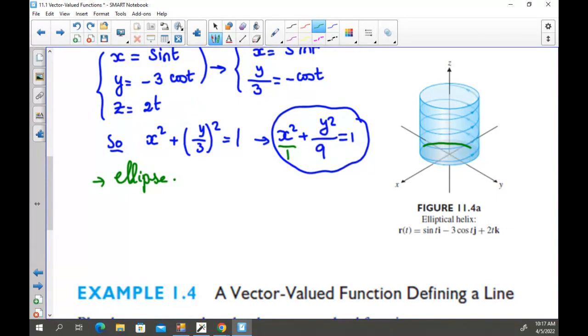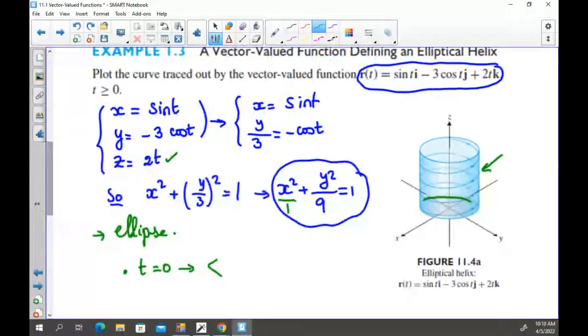And then, because z is 2t, this ellipse will be moving along the z-axis. So you are going to have this kind of shape. It will be moving by 2 intervals? Yeah, because t equals 0 will give you the vector, what exactly,